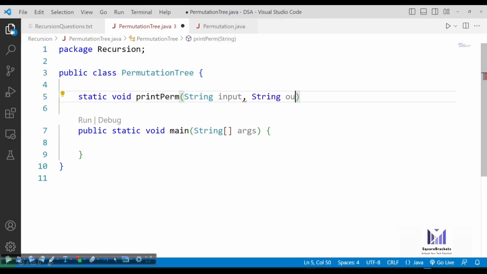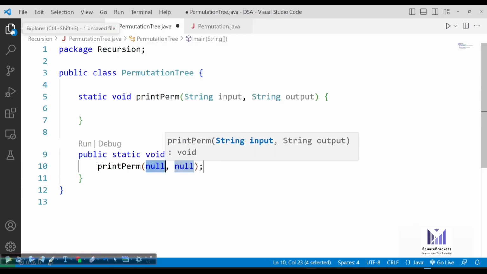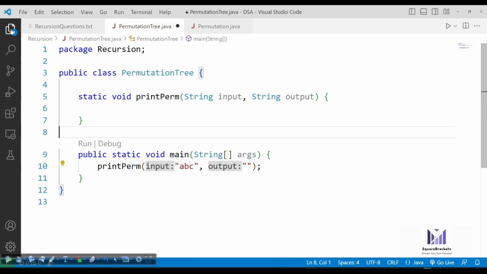Just like we discussed, we'll be having two variables, input and output. Okay. And when you are going to call this function, I will pass ABC, and the second argument will be initially empty.